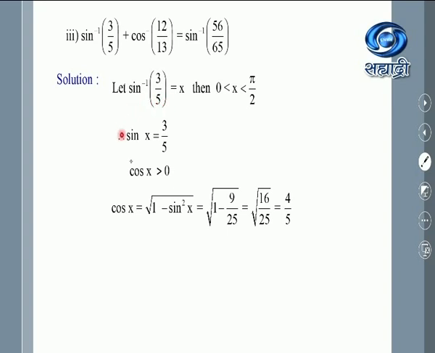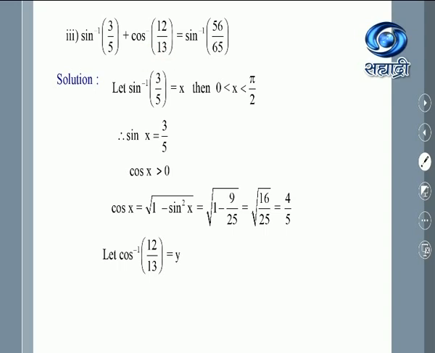So put the values. Sin x you know is 3 upon 5. Put here at the place of sin square x, which is under root 1 minus 9 by 25. Square of 3 by 5 is 9 by 25. Then find the difference, 25 minus 9 upon 25, which is under root 16 upon 25. Find its square root, which is 4 by 5. Remember the method how we are trying. This is a different sum now.